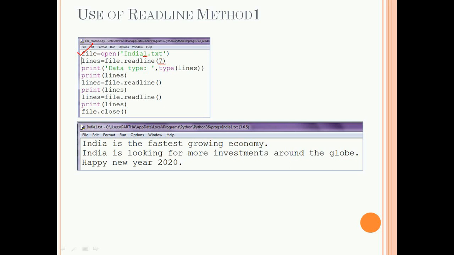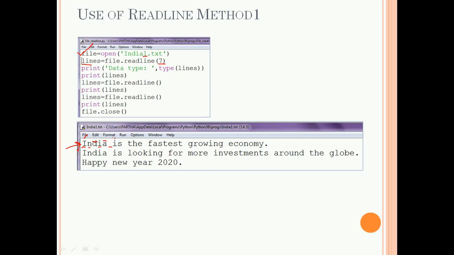As I have told you earlier that in read mode the file pointer will point to the 0th character. That means file pointer is pointing to I. So from this position 7 characters will be fetched and it will be stored in the variable lines. So this is the first character I, next this is second character, this is third, fourth, fifth, this is the sixth character is space, and this is seventh character.